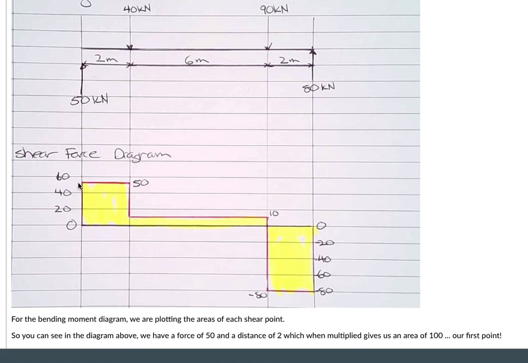Up 50, across 2. Now I've got to come down 40. So 50 less 40 is 10. Okay, so I'm coming down 10. I've now got to traverse 6 meters, or come across here, 6 meters, and now I'm coming down 90. So 10 less 90 equals minus 80. Okay, so you can just see I'm subtracting 50 less 40, 10 less 90, and I've come down to minus 80, and you can see here I've got 80 newtons coming back up, so minus 80 plus 80 brings me back to